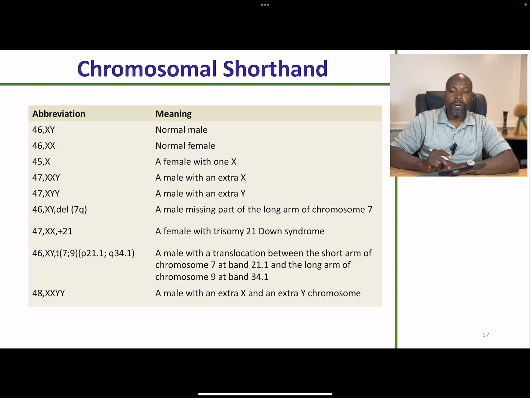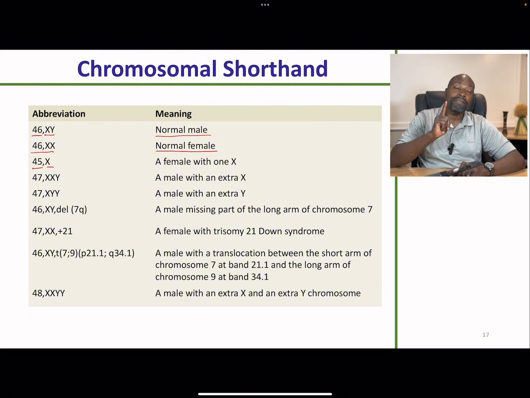All right. So how do we symbolize some abnormalities? Well, we are going to abbreviate 46XY for a normal male, 46XX for a normal female,